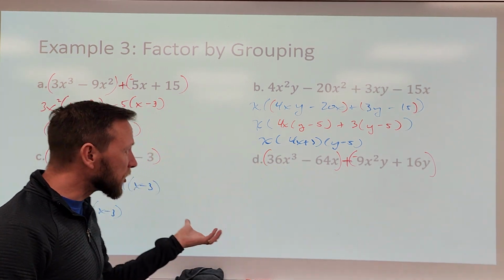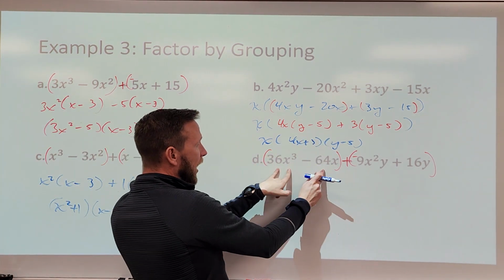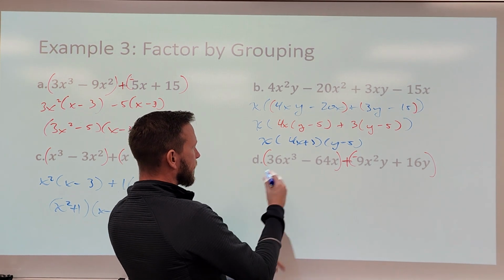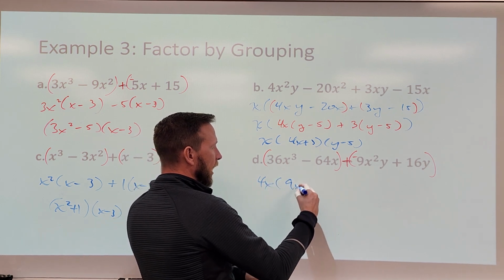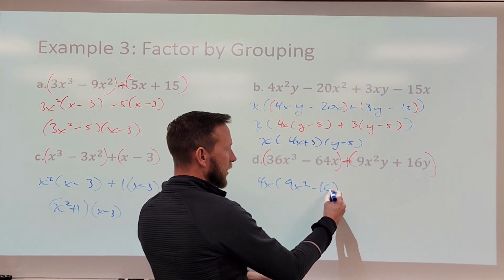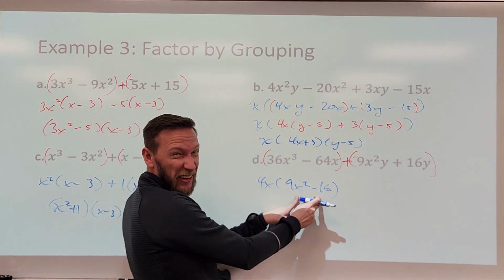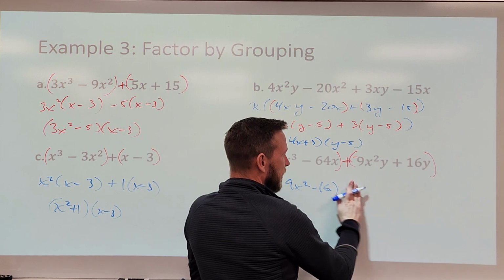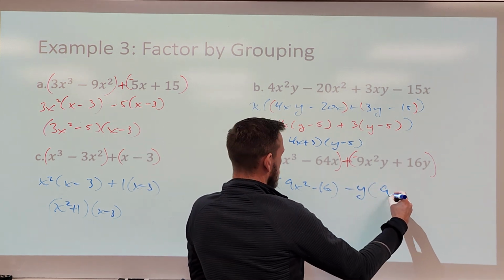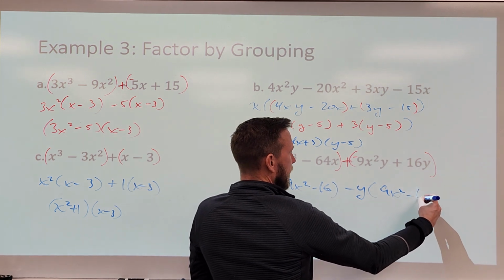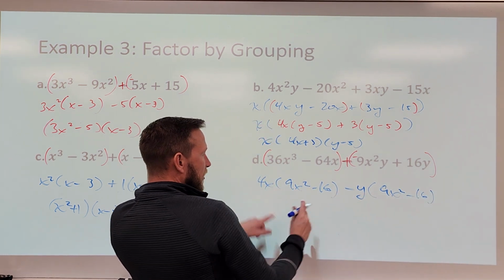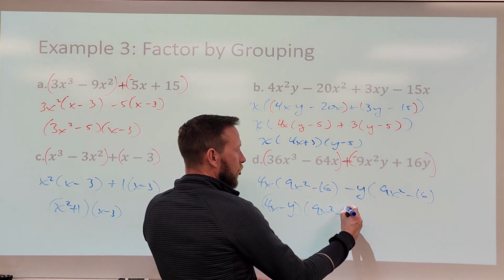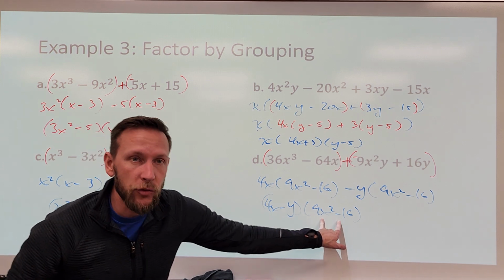This one we're going to have something a little interesting happen because with this group, we can factor out an x and a 4. So if I factor out a 4 and an x, I've got 9x squared minus 16. This, we can factor more, all right? And so we're going to see that come into play here in just a little bit. I'm going to factor out a negative 1y, which gives me 9x squared minus 16. And so when I factor these as 4x minus y, 9x squared minus 16, this right here is that difference